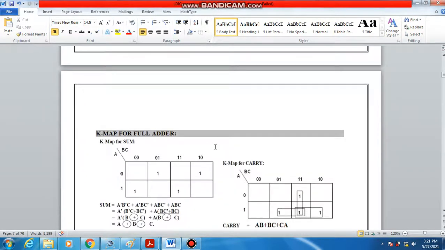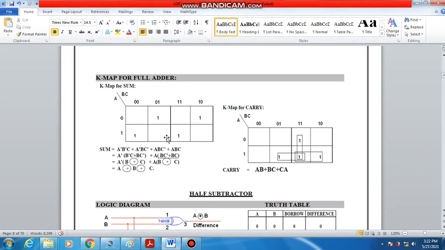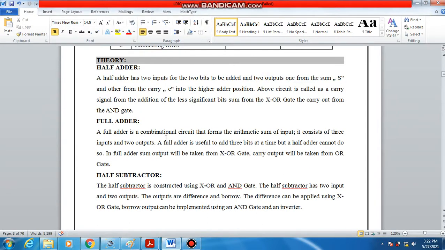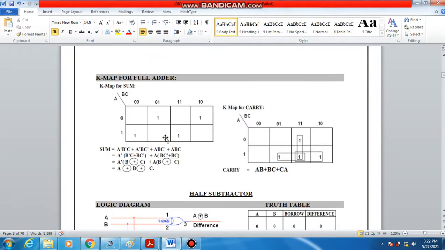Yes. So you know what an adder is. Adder is going to add 2 digits and subtractor is going to subtract two digits if it is a half adder, and if it is a full adder it is going to add 3 digits, which is A, B and carry, and full subtractor is going to subtract 3 digits, which is A, B and carry. So here let me look over the experiment.